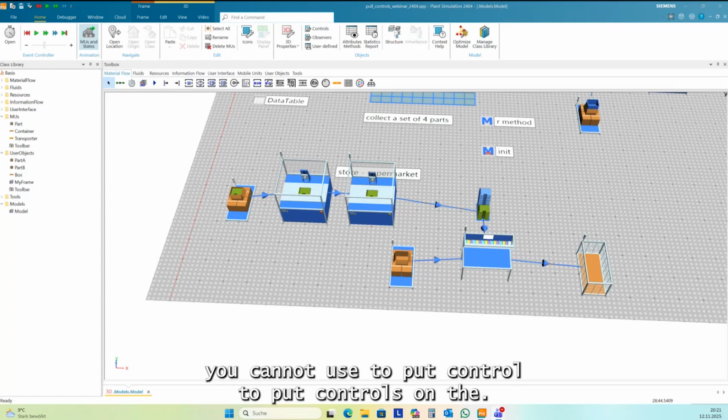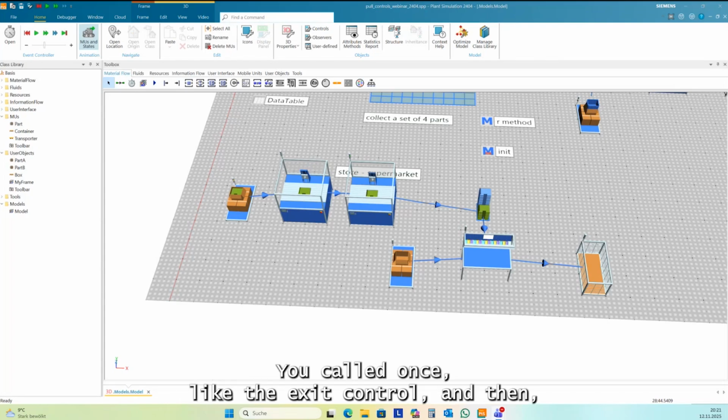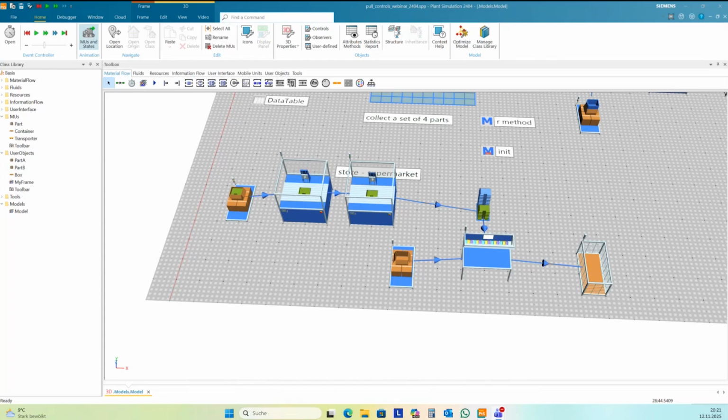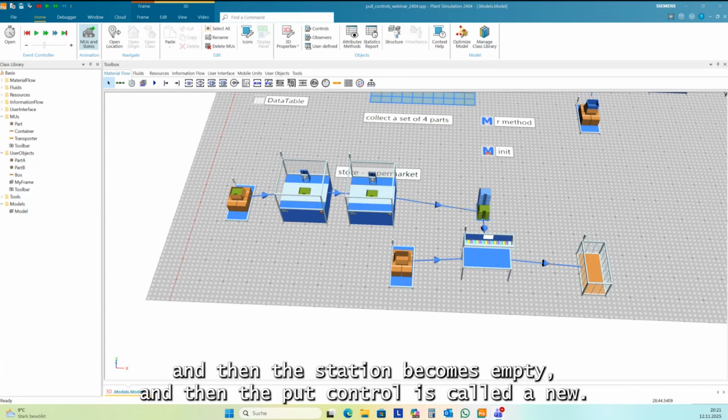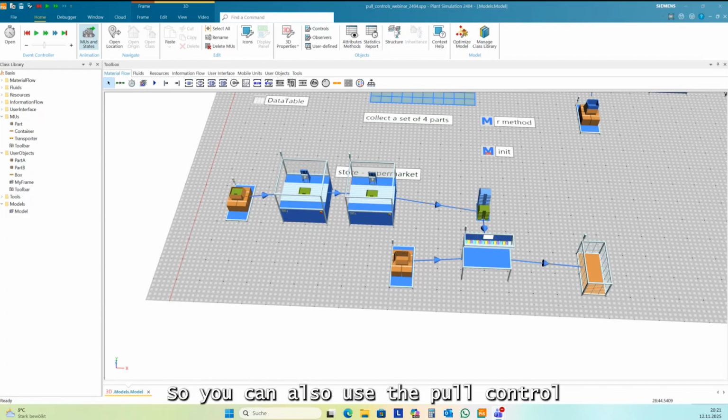The pull control is only called once, like the exit control. It will be called again if you move a part out of the box instead of the box, and then the station becomes empty, and then the pull control is called anew.